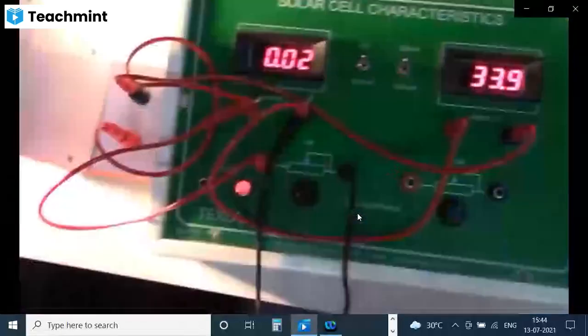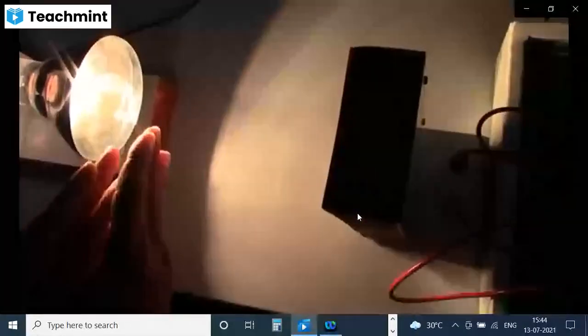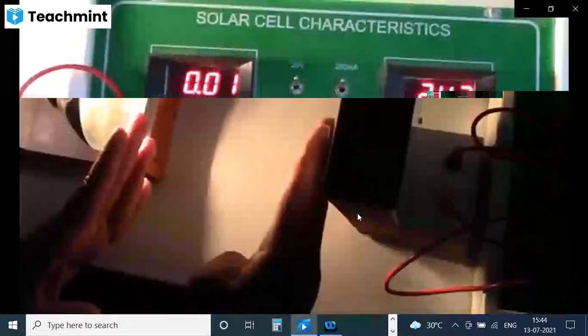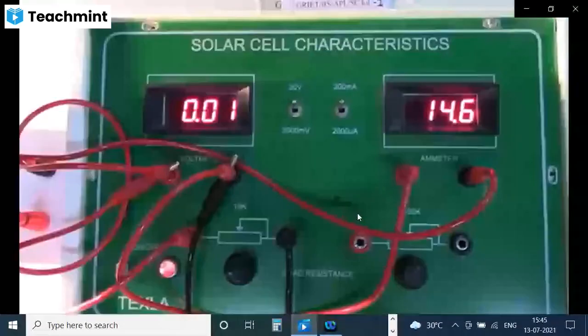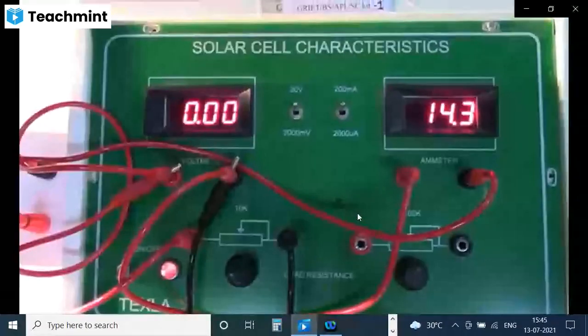Yes, now you see here. Adjust the distance between this solar cell and this source of light in such a way that you are getting 0 volts in the voltmeter reading. So I am increasing the distance. Correspondingly, you see the voltage value decreases. So at a particular distance, it will become 0. Yes, students, here you can see. I adjusted the dial in such a way that the voltmeter reading is 0.